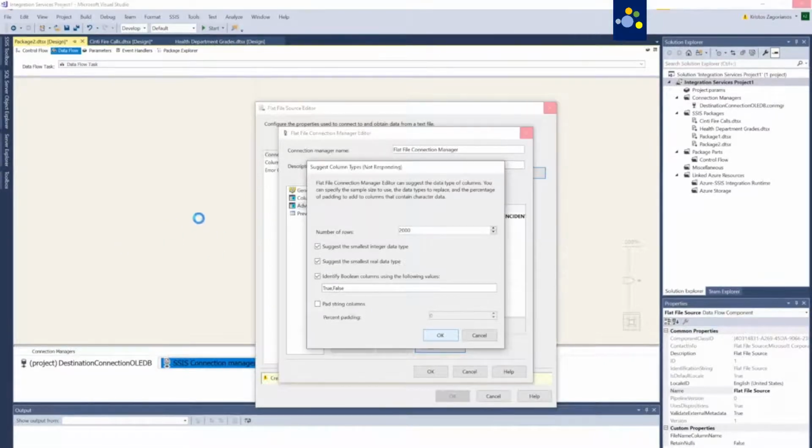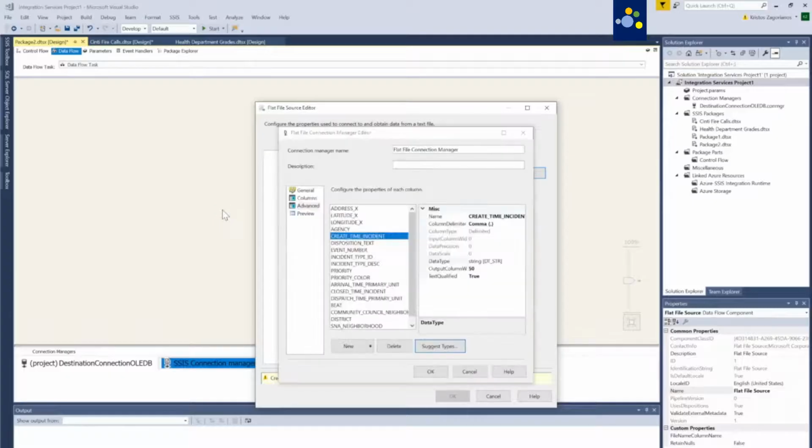And what it's doing now is it's running through, as you would imagine, 2,000 rows and seeing what needs to change. And you can see it's now changed that incident date time from a string to a date. It's probably done the same thing over here. Perfect world, the DBA will go through this and be a lot more precise than what I'm doing. Again, this is intended to give you, the consumer, an idea of what needs to happen so you can get your big data someplace that you can actually use.